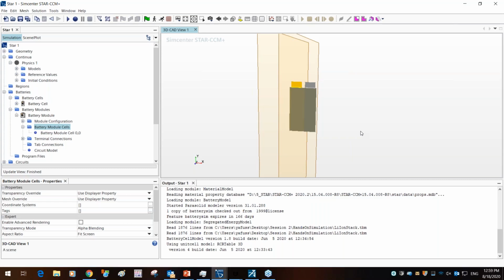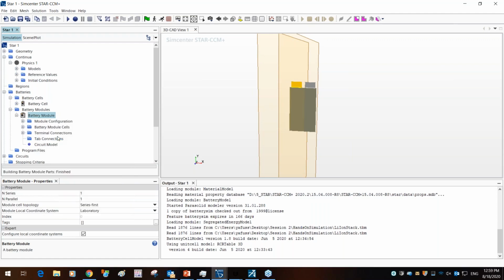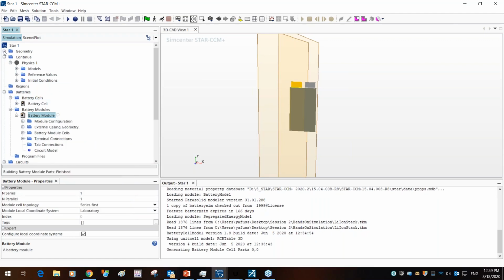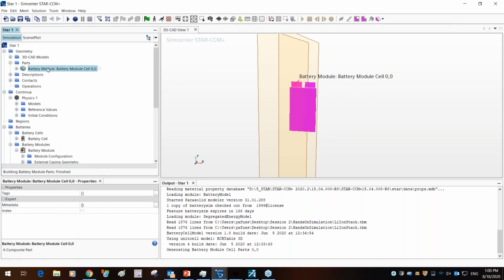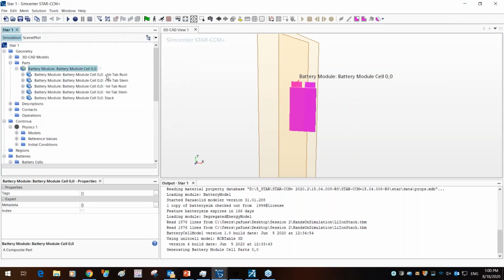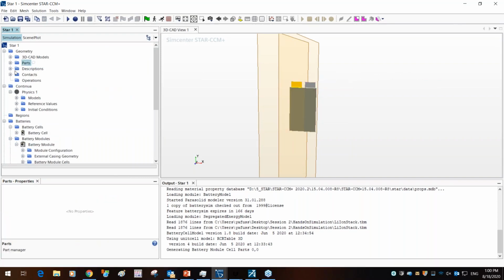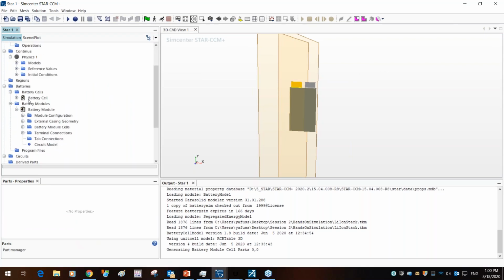Once you've created your battery module, all you need to do is generate the battery parts. To do that, right-click your battery module and click Generate Battery Parts, and you're going to see within the parts section the entire battery being generated with all the different parts. You're going to see the positive tab, root, and stem, the negative root and stem, as well as the stack. Note that all the properties associated with these parts are defined by this battery cell.